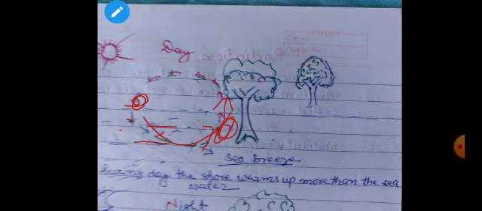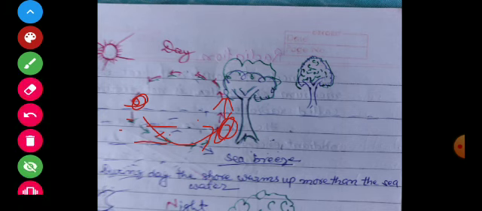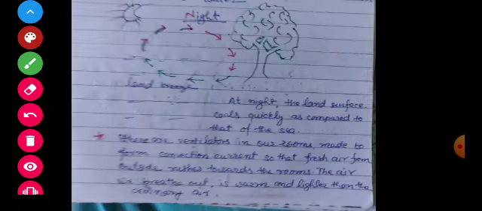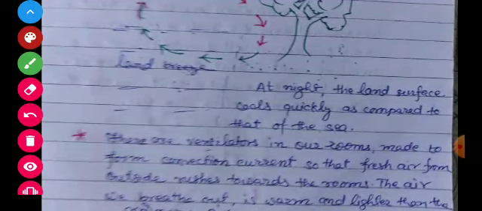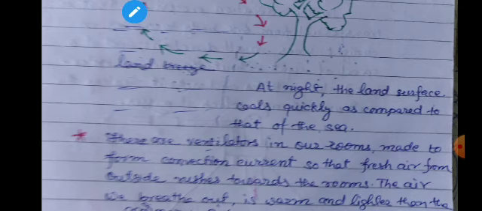And at night, the condition is reversed, which we can see in the next page. Here you can see at night the condition is reversed, and at night what happens? At night the land surface cools quickly as compared to that of the sea, and hence the direction of convection